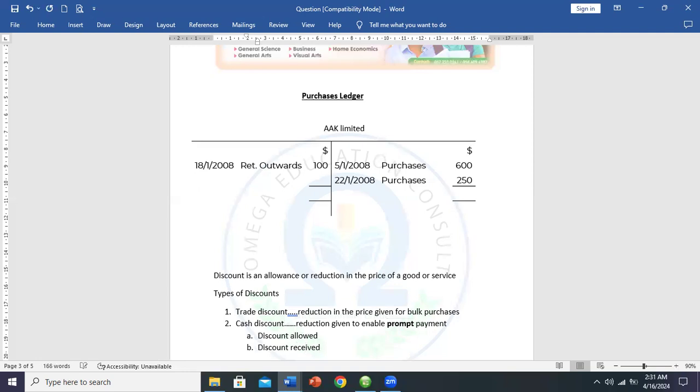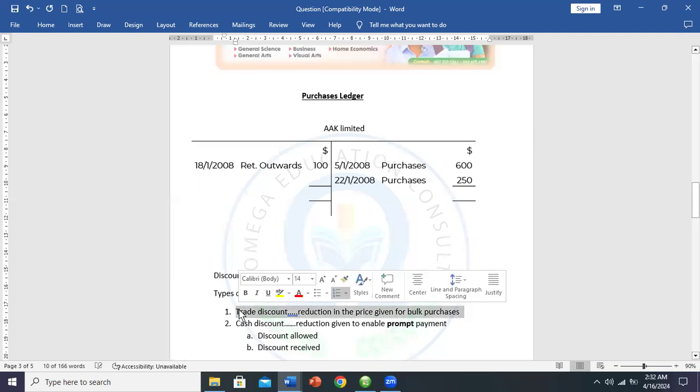But we'll speak about discount allowed and discount received in our discussions on the cash book. But I believe I spoke about this discount allowed and discount received in our previous sessions. Now, the essence of these discounts is the fact that during the preparation of the day books, the four day books we have seen, that's the sales, purchases, return inwards, and return outwards, you have to consider